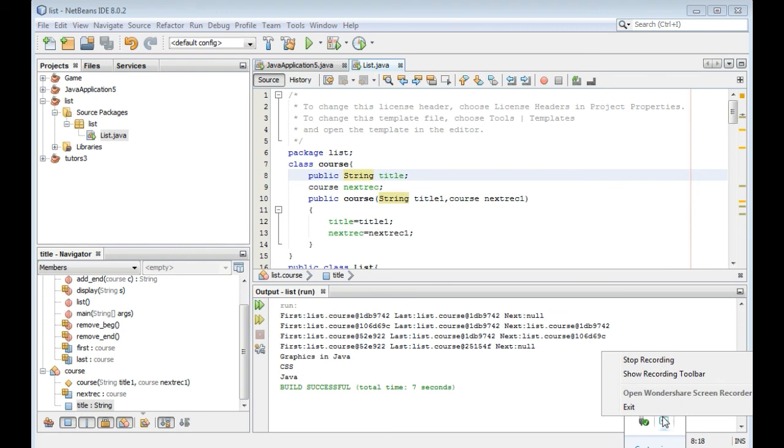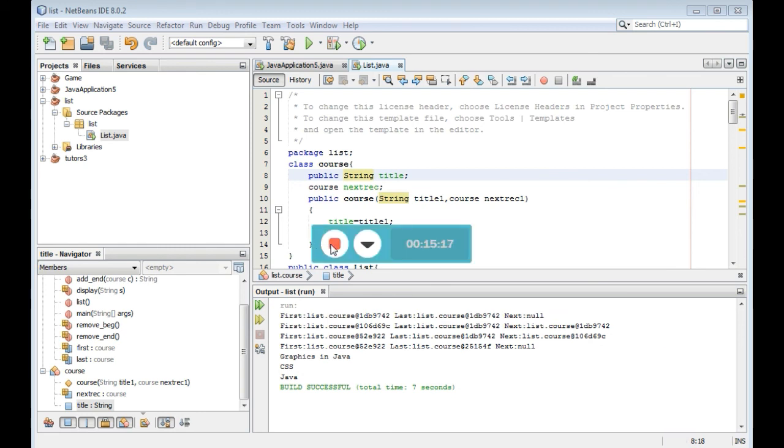We remove from one end, add from another end. In the stack we add and remove from one end, with push and pop. Push means add and pop means remove from the top. Stack is a one-ended data structure.